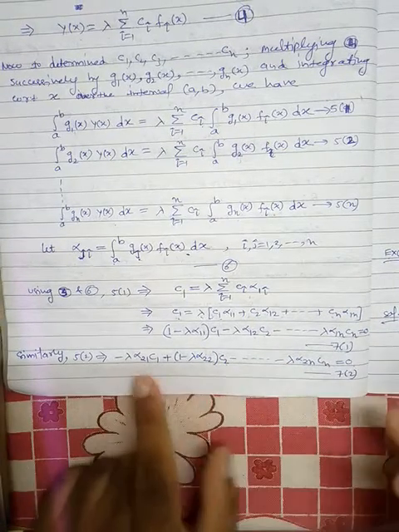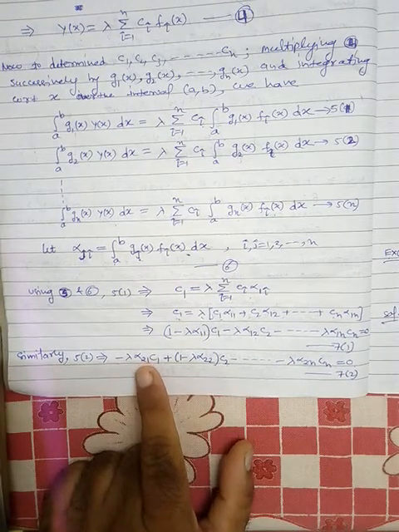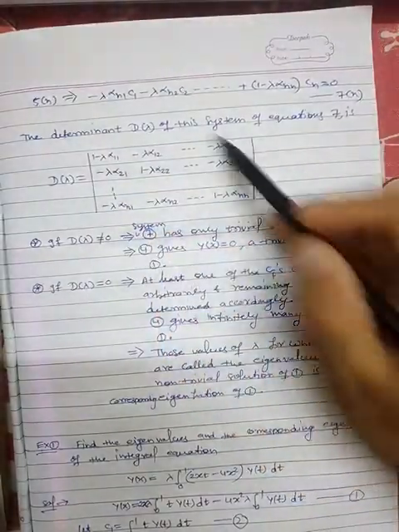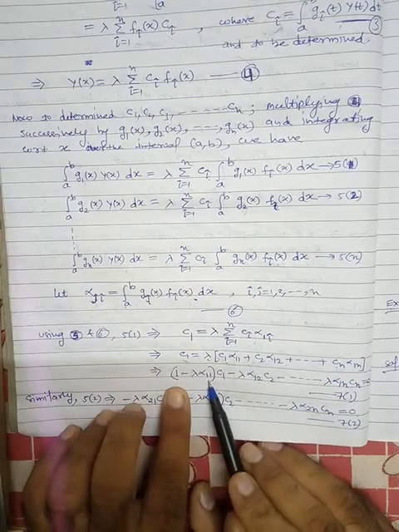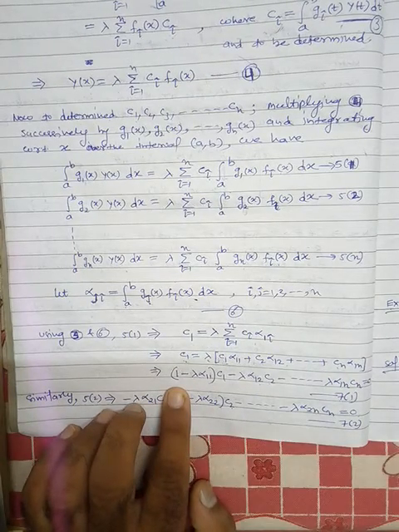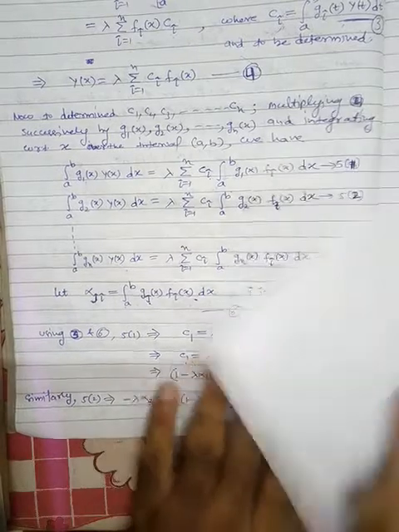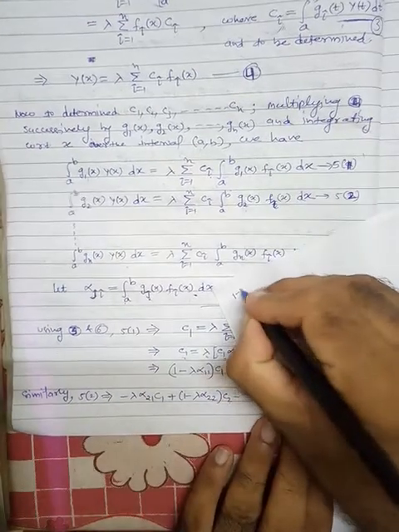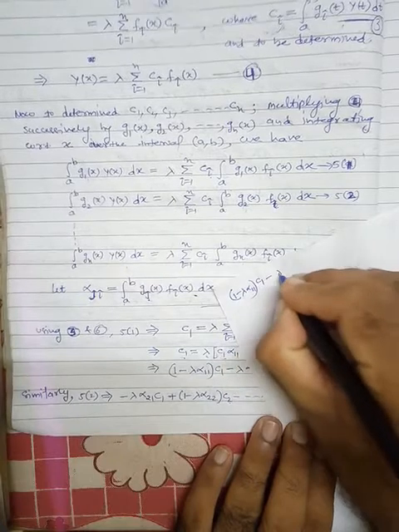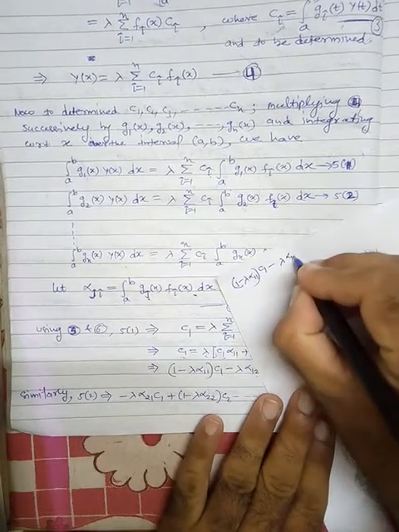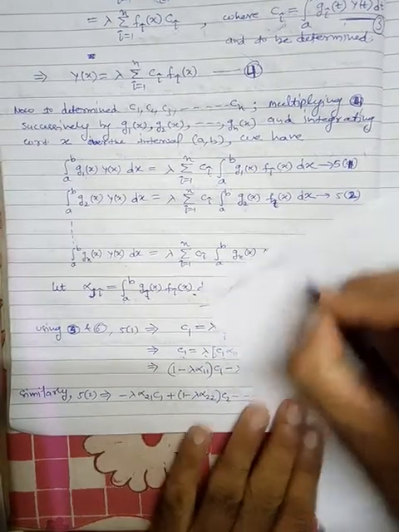Fine. So their determinant is shown here. First equation: this is from the first equation, 1 minus lambda alpha 1 1. So this equation is basically (1 minus lambda alpha 1 1) C1 minus lambda alpha 1 2 C2 and so on